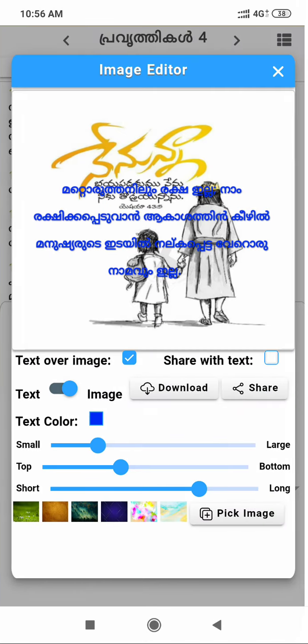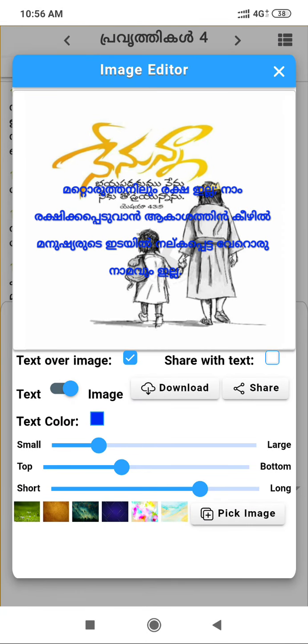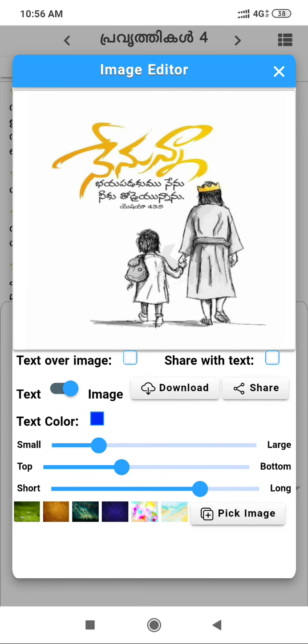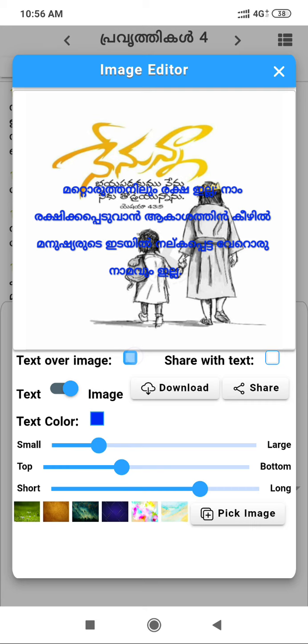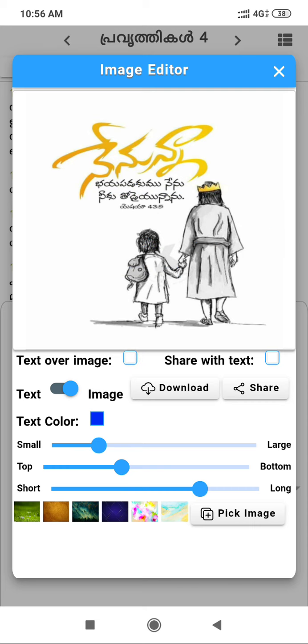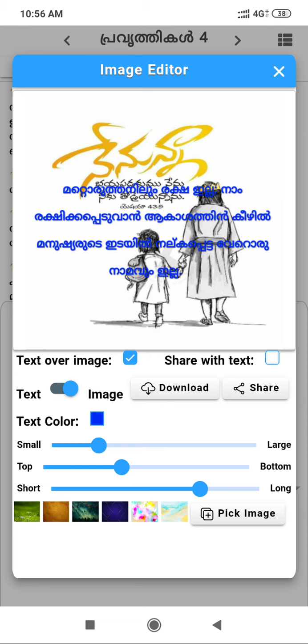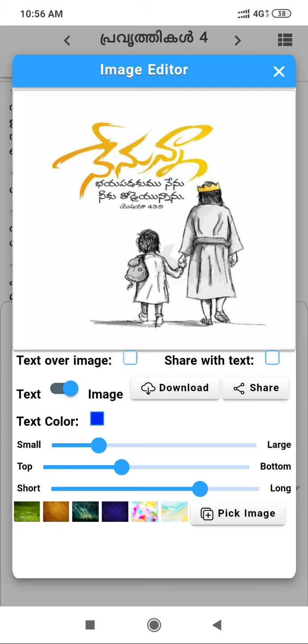I have one image, so yeah. See, I already had an image that has some content. Whatever content you selected here, if you don't want to send it, you can hide it by unchecking text over image. When there is some content on the image, you can hide it. If you want to place it on the image, you can use image over text.